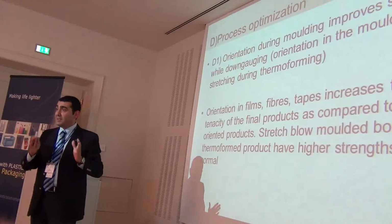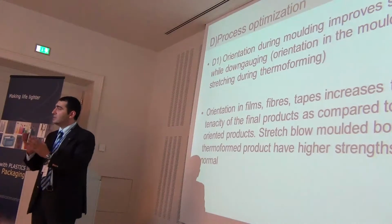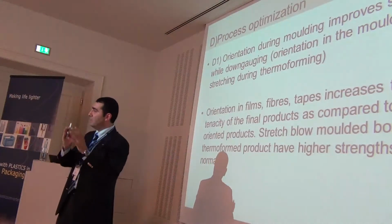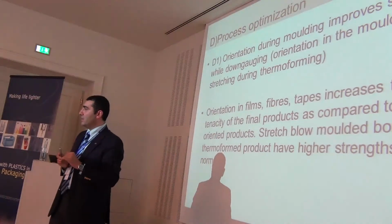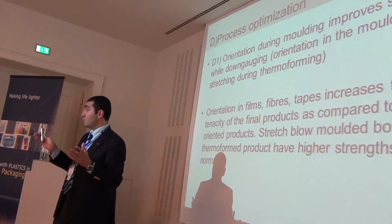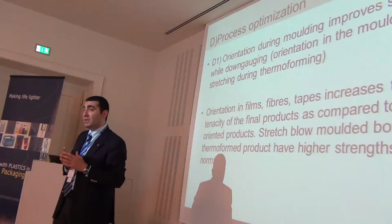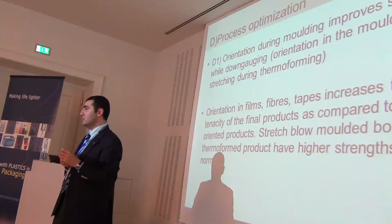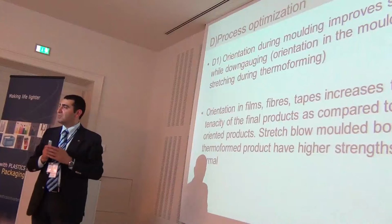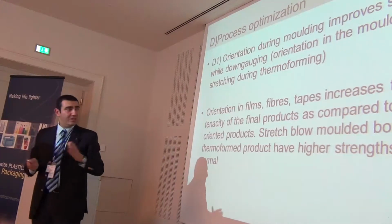So then, at the end, we have the right raw material, we have the right additives, we have done all those things, and then the design, and then there is the process optimization that we can do on the material to have good downgauging. We know that the people in this industry, especially on this side, are experts on this one. But just to give a small